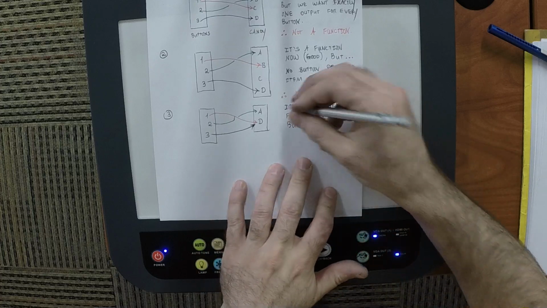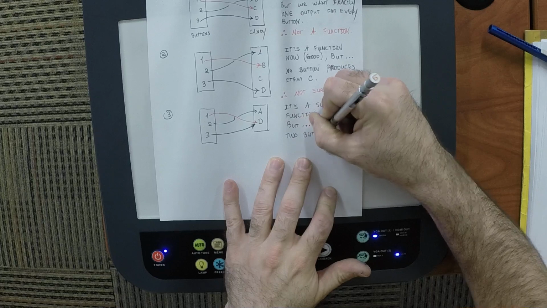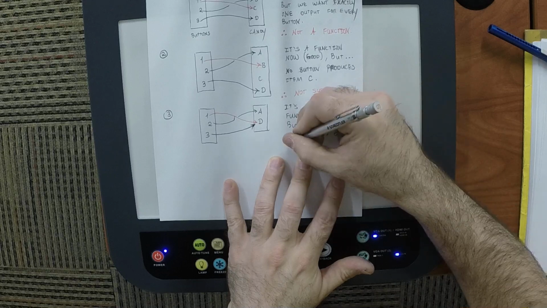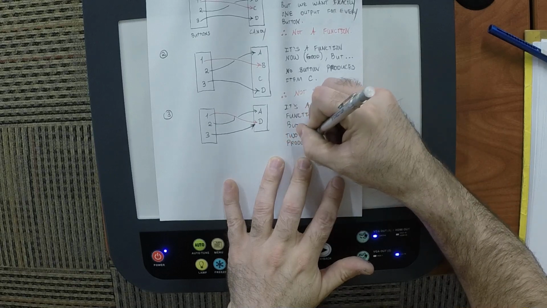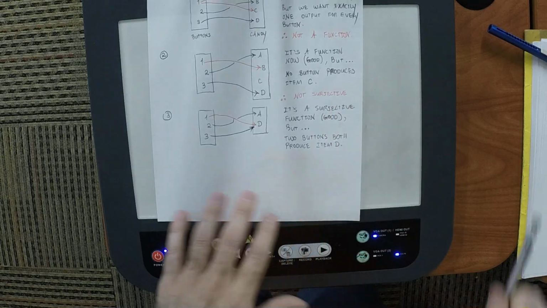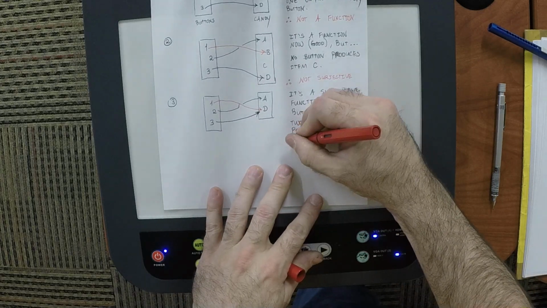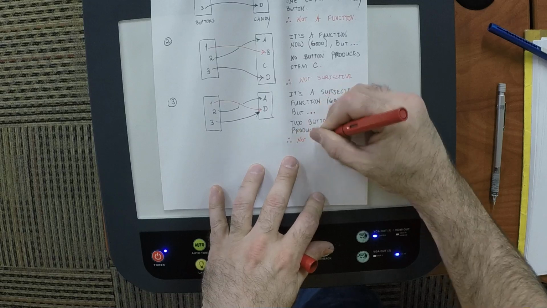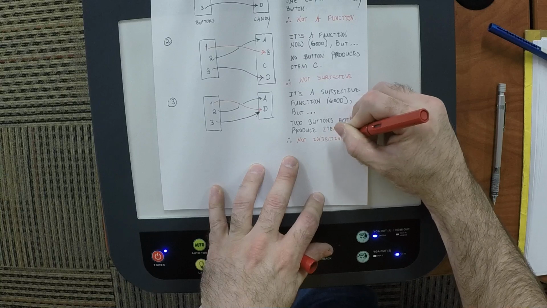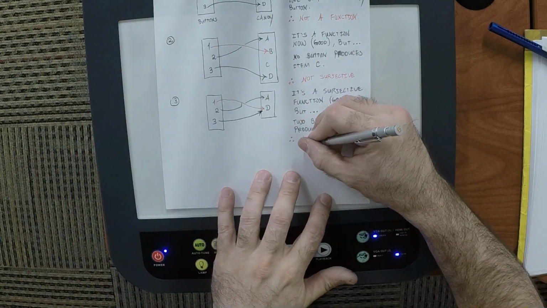But two different buttons both produce item D. So it's a surjective function, that's great, but it is not what? It's not injective. It's not injective. Okay, but I do want to also point out,